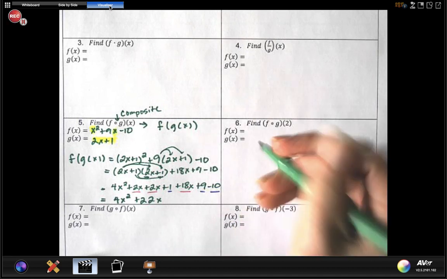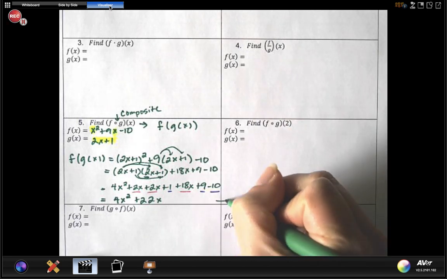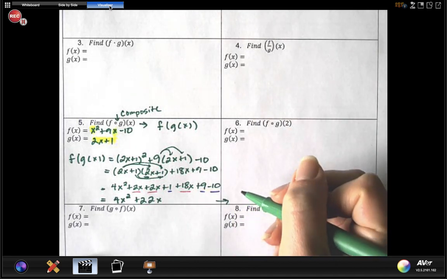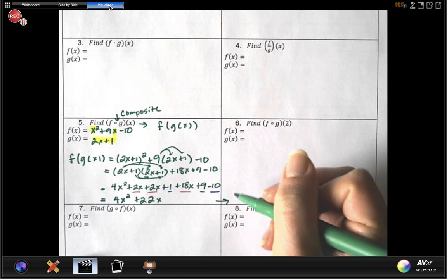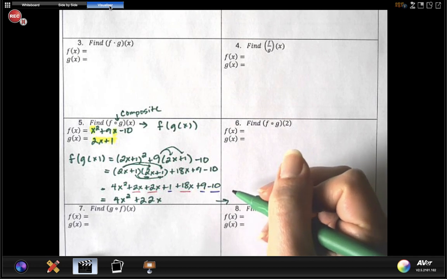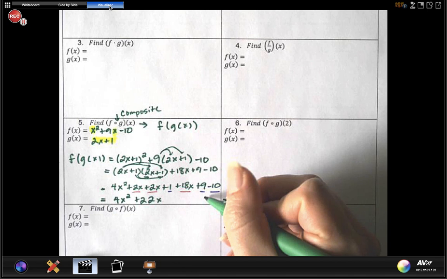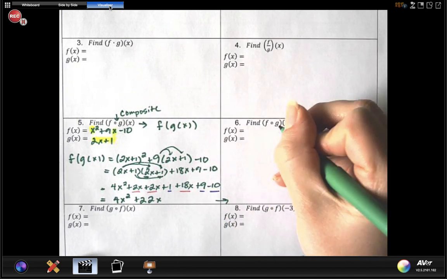For number 6, you have a couple of different options. Since we already found what f of g of x is equal to, I could just use that to simplify, just plug in your x's there. The other option would be to find